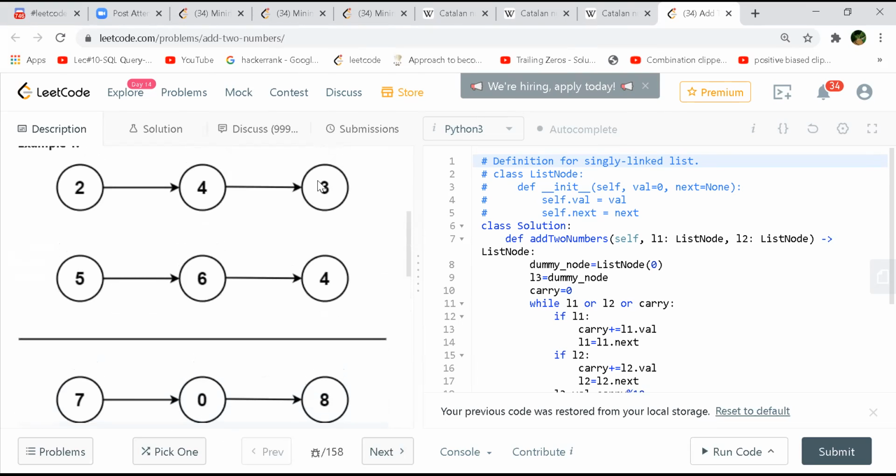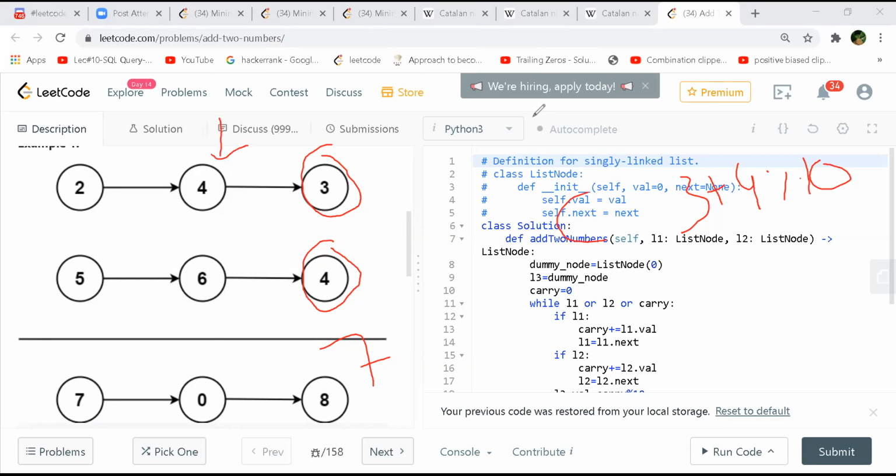So here, like normal addition, we can keep some kind of carry variable, and we'll check whether a node exists for it or not. If a node exists, I'll add both of them: 3 plus 4 is 7, and I'll take the mod of this with 10. Whatever the remainder is, I'll store here, and here it's 7 only, and you won't get any carry. So you will move here.